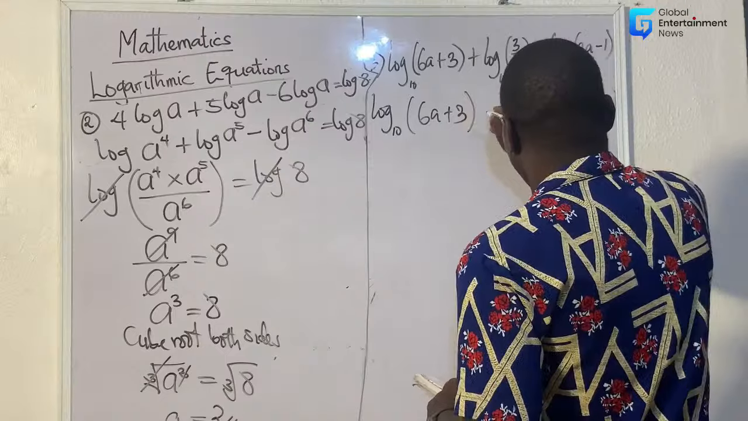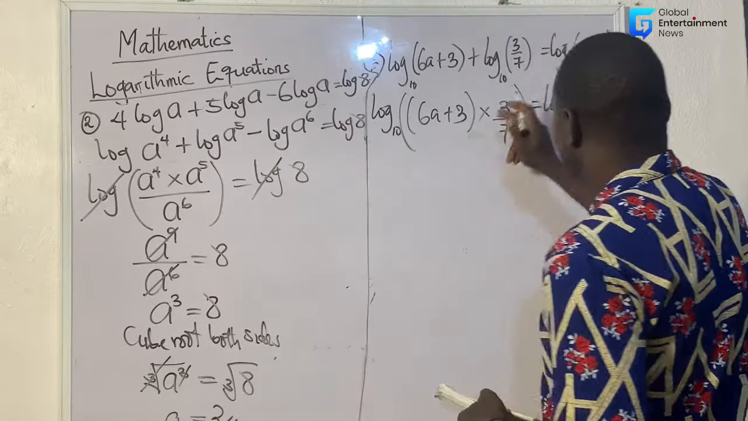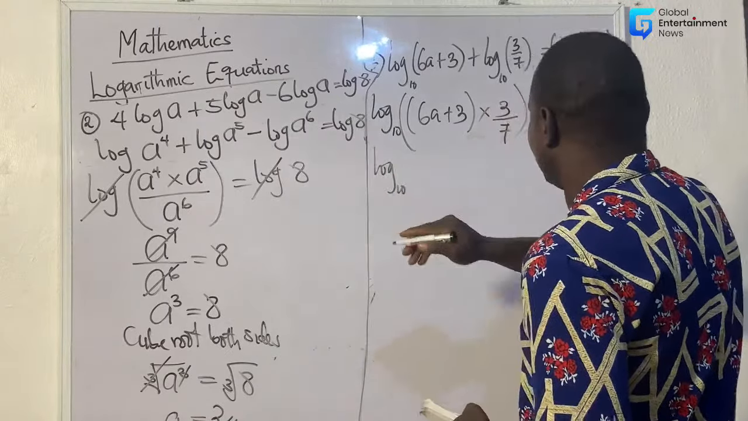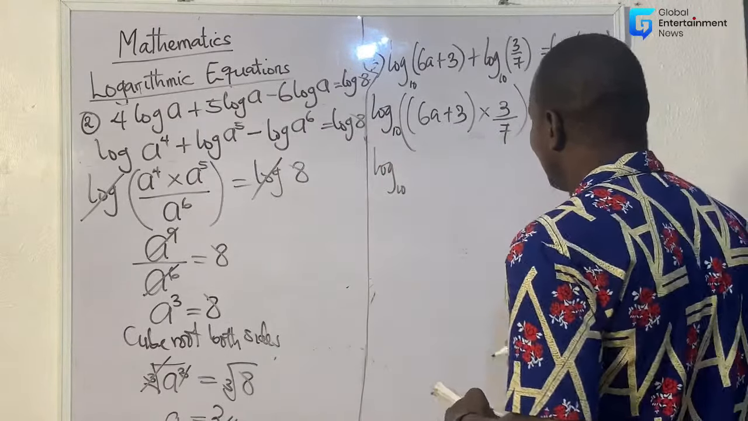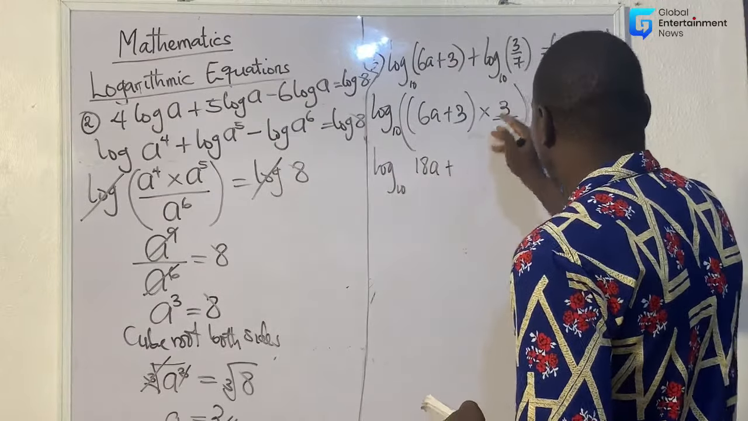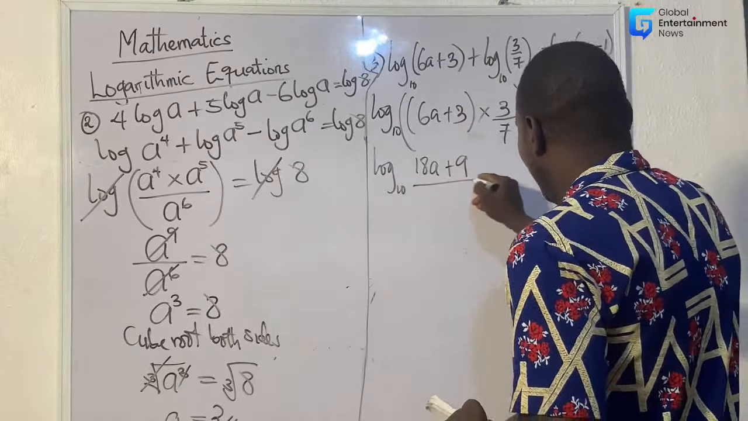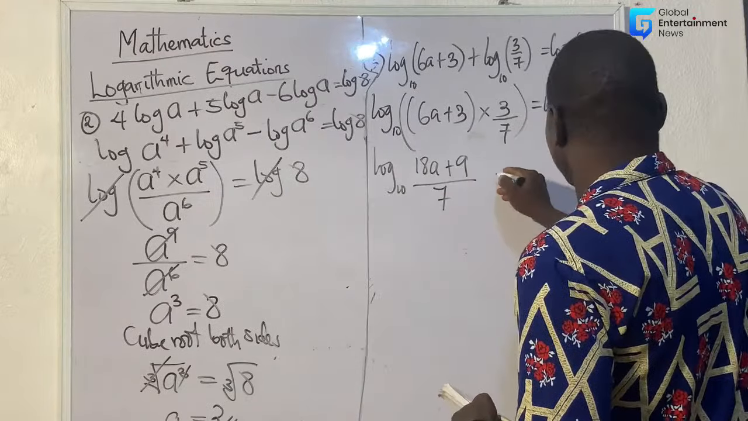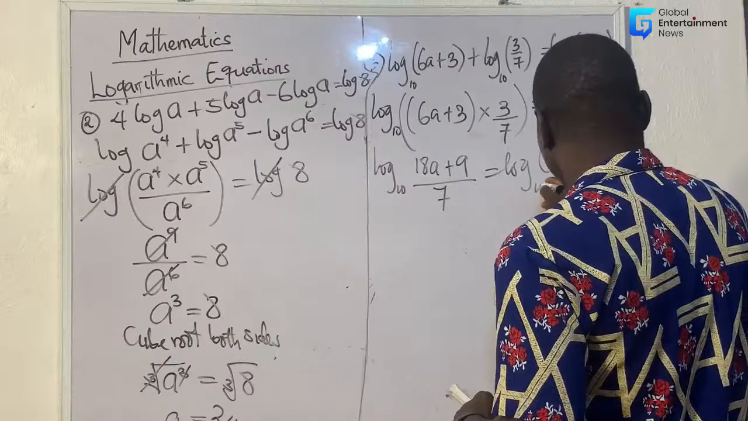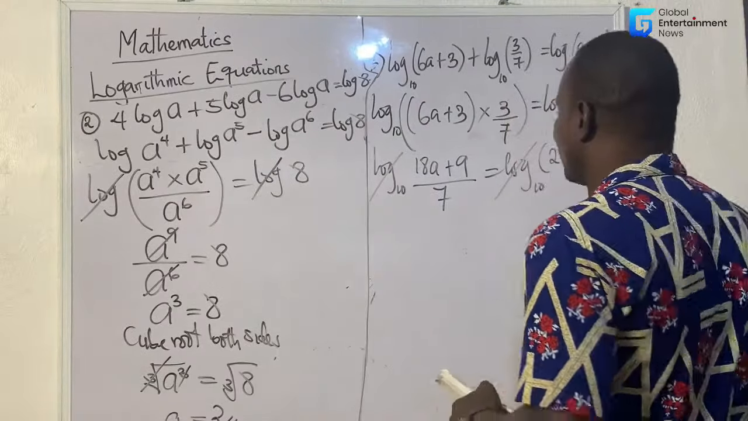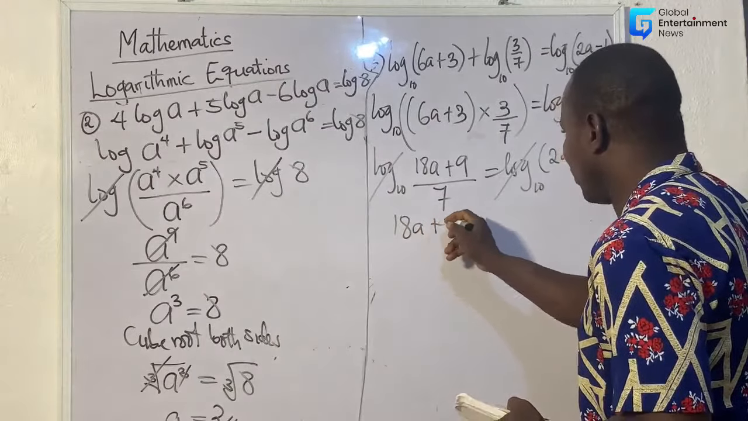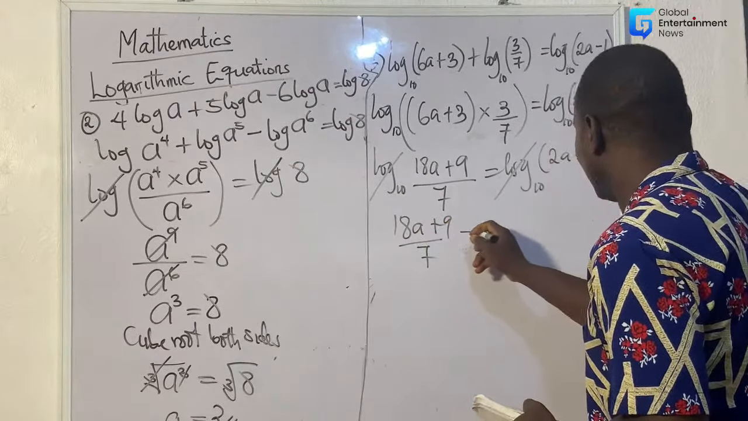Then I have times 10. Now you use this 3 to open this bracket. This one will now give me log to base 10. That is 3 times 6a, that one will give me 18a, plus 3 times 3 is 9. Everything all over 7 is equal to log to base 10 of 2a minus 1. The log will cancel the log. So what I have here now is 18a plus 9 all over 7 is equal to